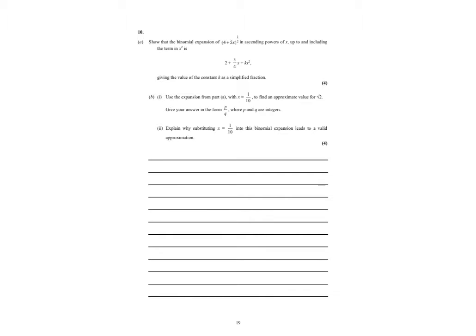So for this question, it's a binomial expansion to the power of a half. We're going to be using our bracket to be 1 plus something, so we need to make sure that it starts as 1 plus. So we're going to need to take 4 out of the bracket. To do that, it's 4 to the power of a half out of the bracket, which would leave us